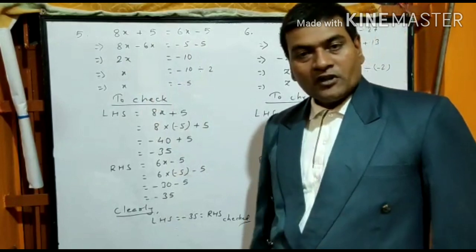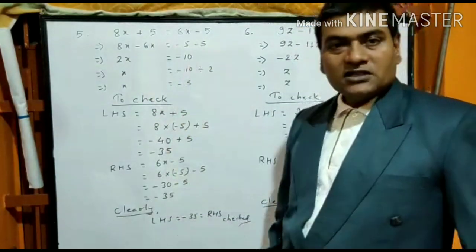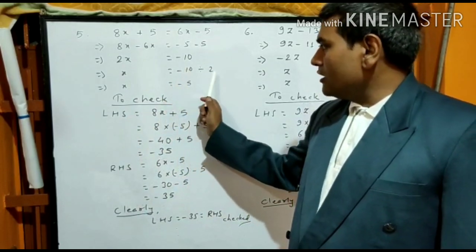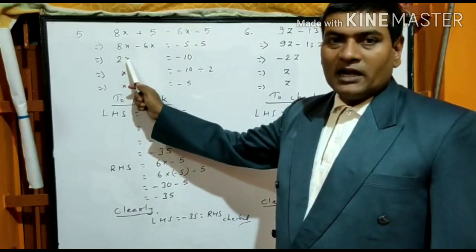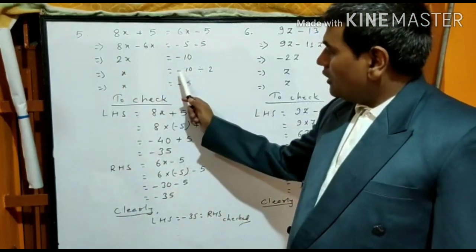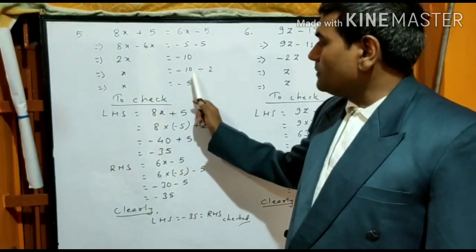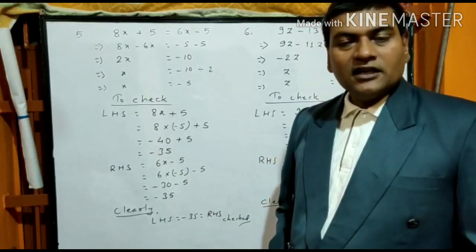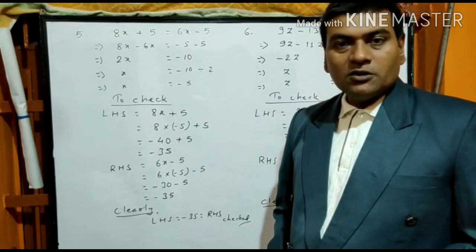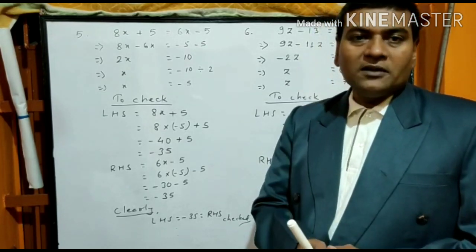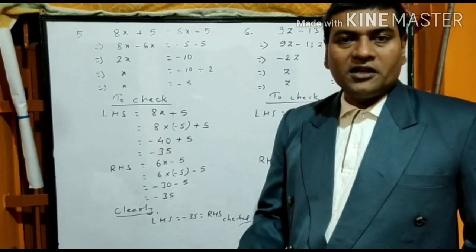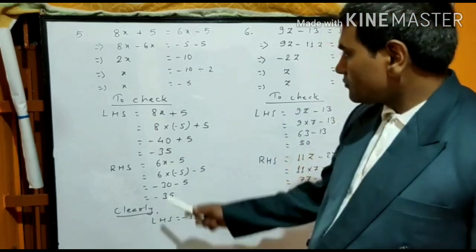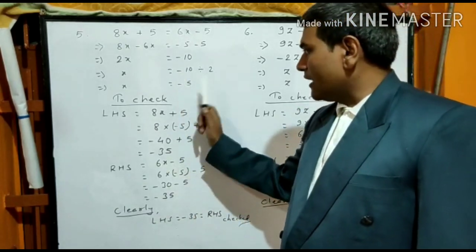When both are negative, we add them. 5 and 5 is 10. Now x is equal to minus 10 divided by 2, because here 2 was a multiplier. Minus 10 is divided by 2. 2 5s are 10. In multiplication and division, if there is 1 minus, it will be minus. If there are 2 minus, it will be plus. Odd number of negative signs, the product will be negative. Even number of negative signs, the product will be positive. So there is 1 minus, so it is minus 5.